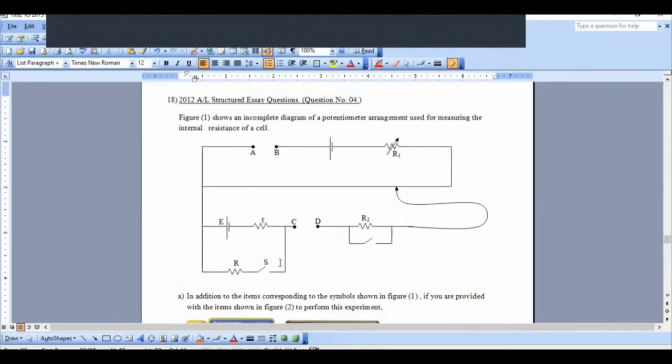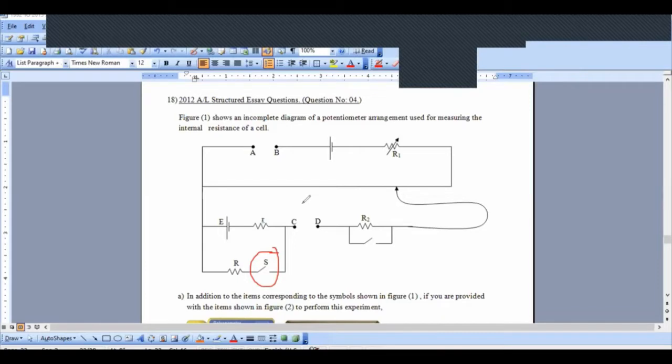The first balance length is obtained by keeping this switch on. Switch S is kept on and we obtain the balance length. Can you understand? A center zero galvanometer is connected here, like this. Galvanometer is connected in between C and D. Then switch S is kept open, and we obtain the second balance length. Once this balance length is obtained,